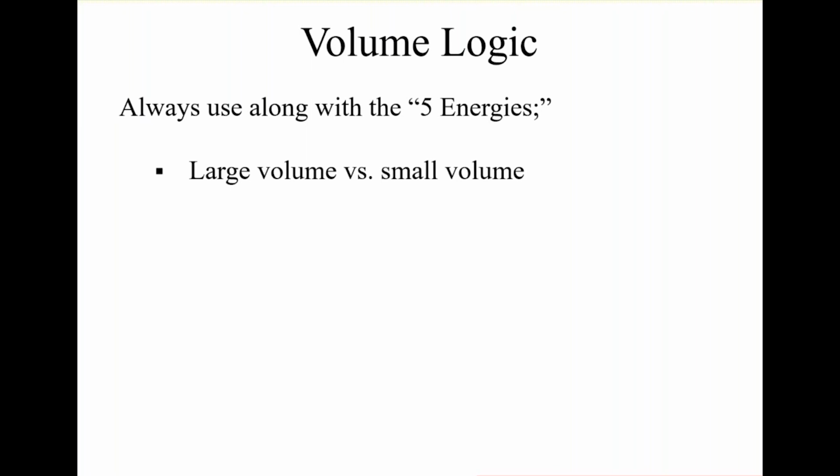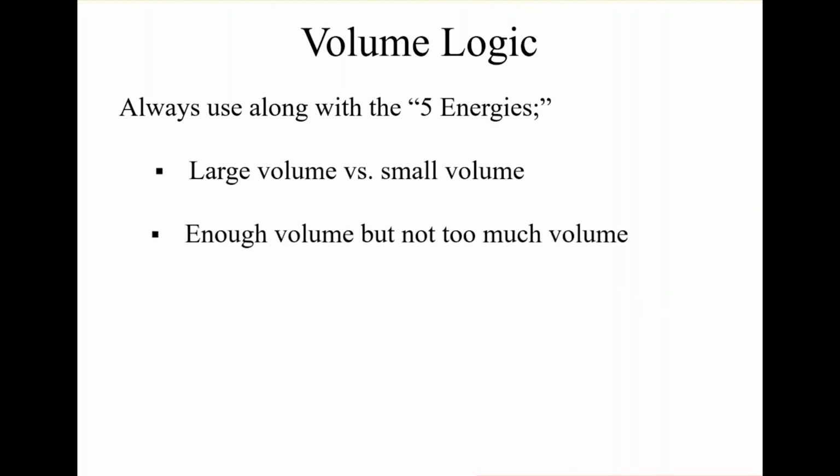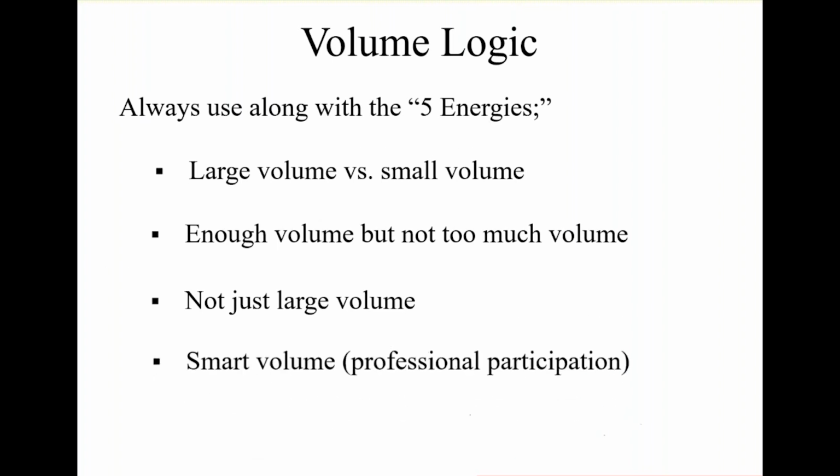So there's a distinction in volume between large volume and small volume. So this is where, again, dollars are in the details. We want enough volume to bring strength into a movement, but not too much, because if you get too much volume, it's usually an exhaustion pattern. It's usually the end of a movement. And we want not just large volume, but we want smart volume. So not all volume is created equal,